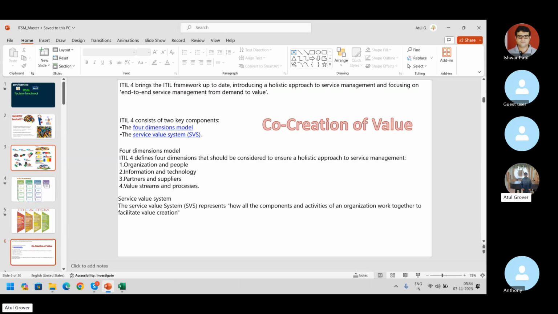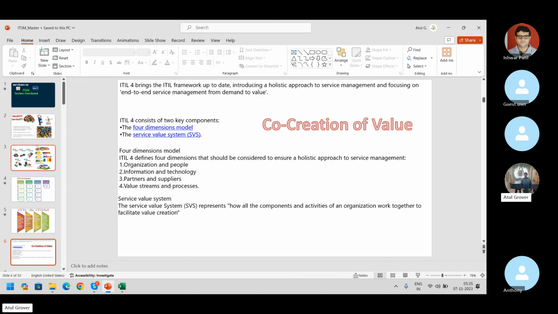ITIL says that if you want to provide any service to your customer, there is a way to do that. It is not like you go in the market and say, hey, I'm selling this, I'm selling this, please take it from me. No, you have to make a plan for how you're selling it. Before you sell, you have to build a capability in your company as well. We are going to discuss this under the term CSDM. What do you mean by the word capability, business capability? When I say go and sell in the market, what is that particular term called? It's called the business service.